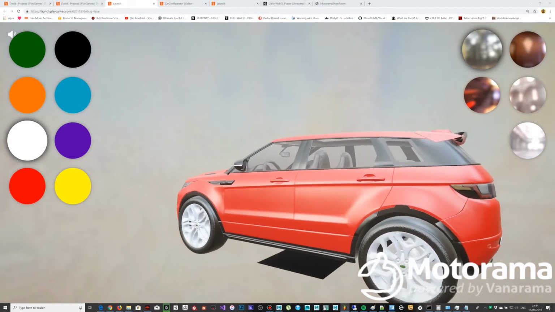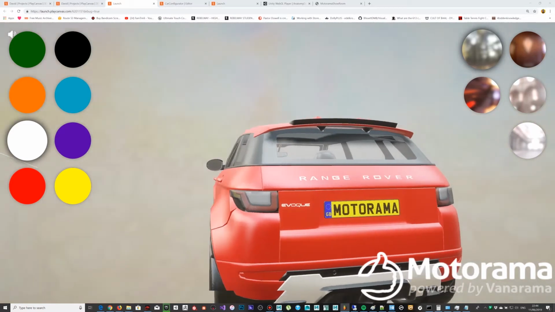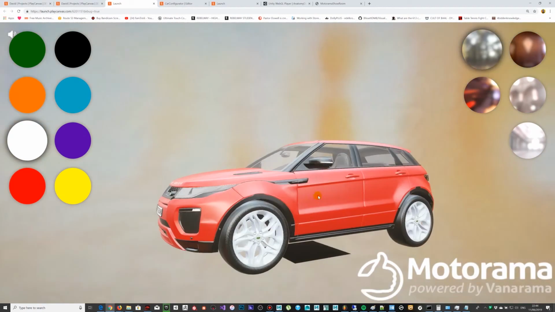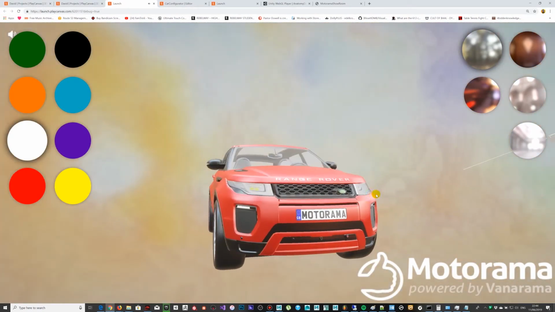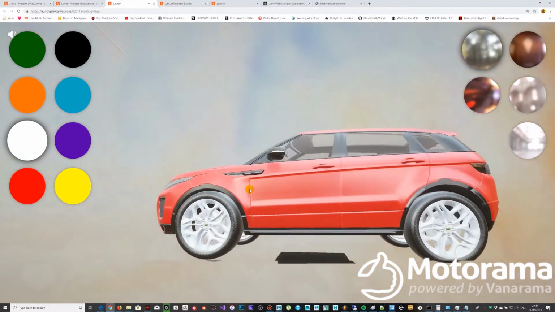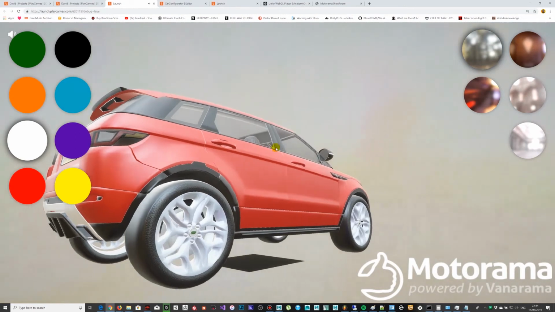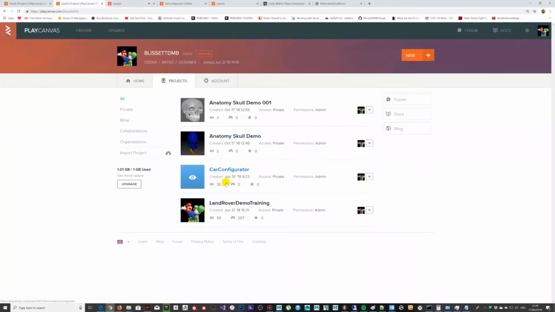In this clip I'm going to be giving you a quick walkthrough of some of the WebGL work that I was involved with over the past year or so. At the moment, what you're looking at is a project where we managed to get a Land Rover, Range Rover in the browser using the tools from PlayCanvas. Now, to keep this clip short and relevant, I'm just going to skip over to the actual project,